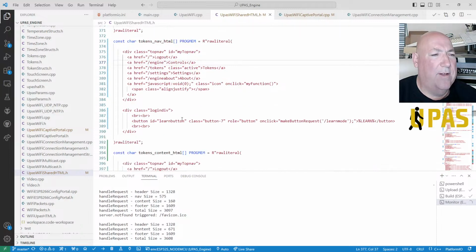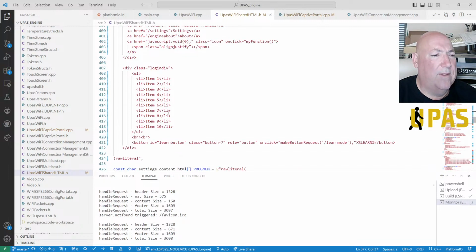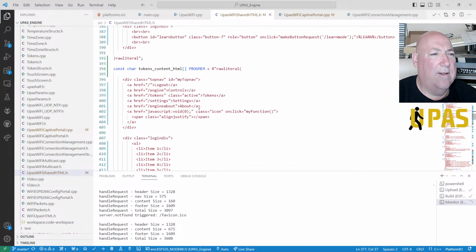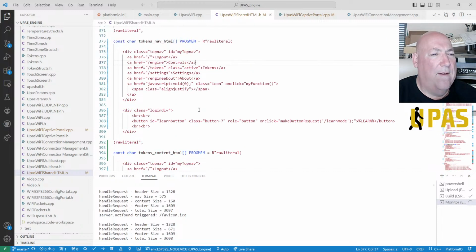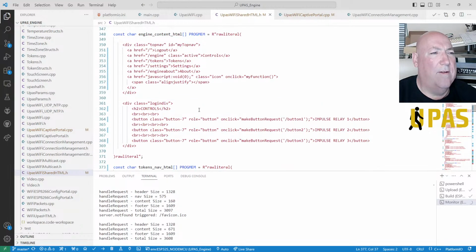So we've got our navigation. The only thing we've got is this learn button in there. Tokens content. So we had a div class, login div, unordered list. So maybe we need to put that in there. But I don't know why it's not giving us our... don't quite know what's going on, but so engine content, so